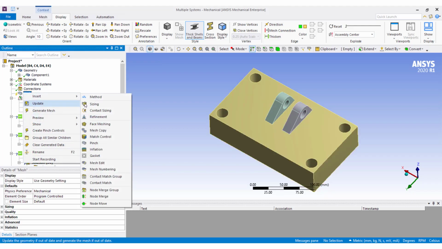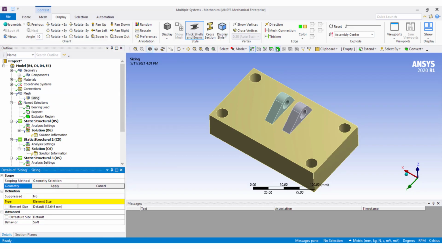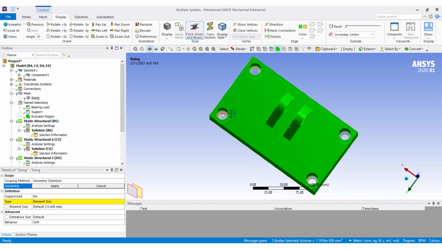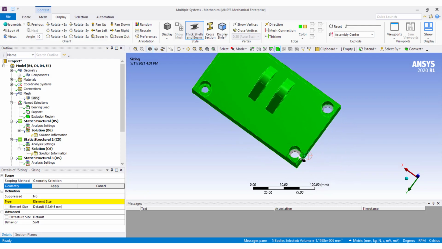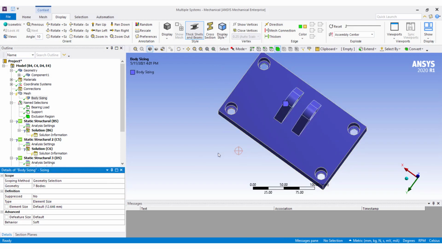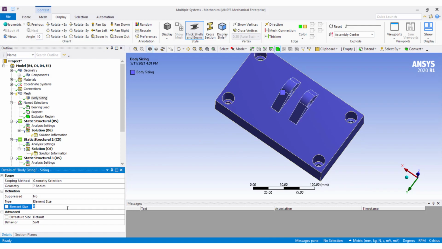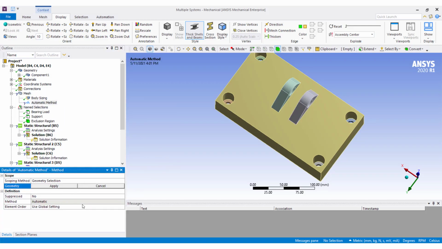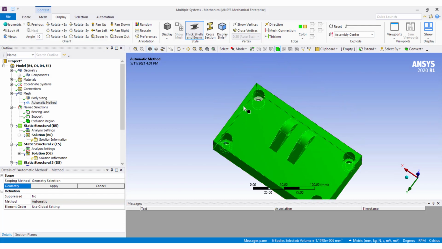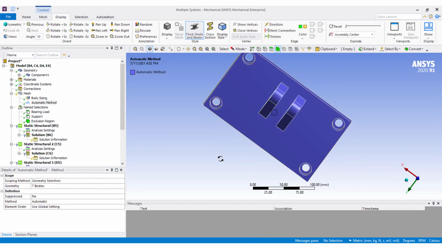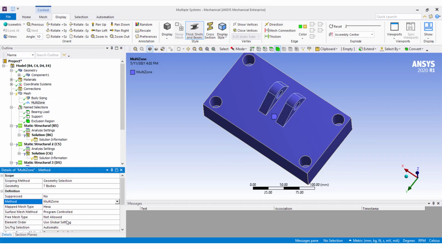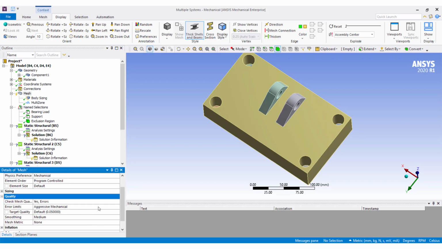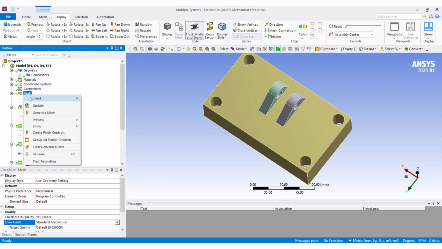I will apply the body sizing of 5 mm and multi-zone hexa elements with error limits of standard mechanical. Right click on the mesh and click Update.